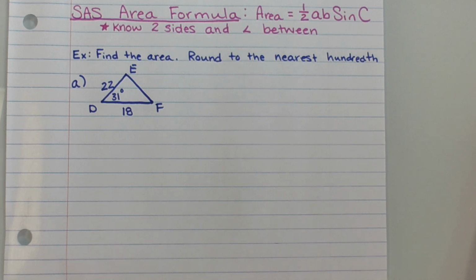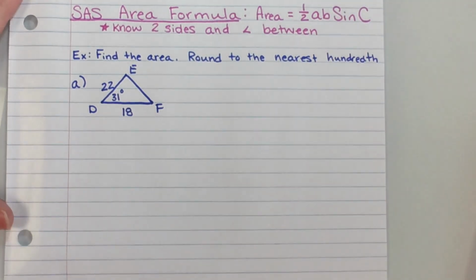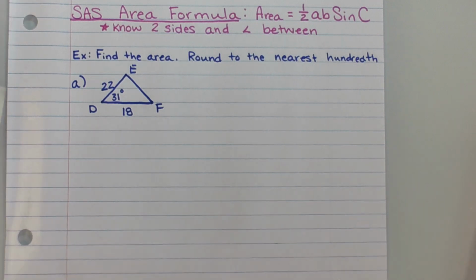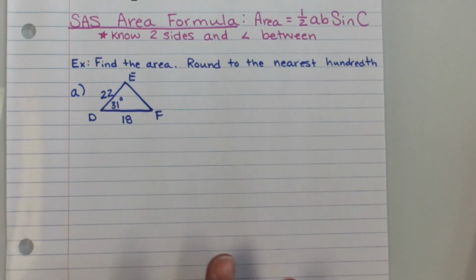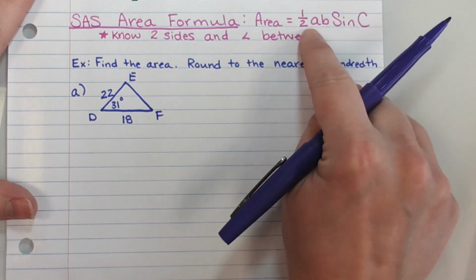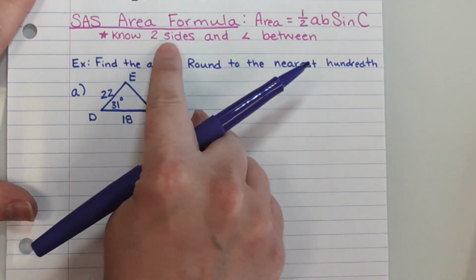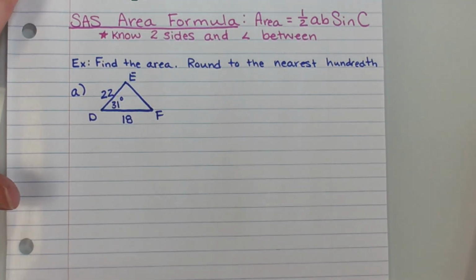If you do not know two sides and the angle between them, you can't use it. Do we know two sides and the angle between? Yeah. Now, the formula works with A, B, and C, just to reference back to triangle ABC. The key thing you need to know is lowercase letters are side lengths, angles are capital letters, and the fact that all three of them are different letters is what tells us that it's two sides and the angle between. Because